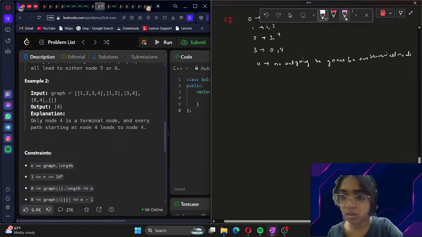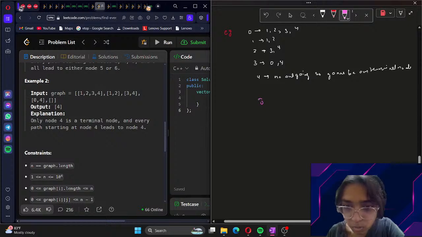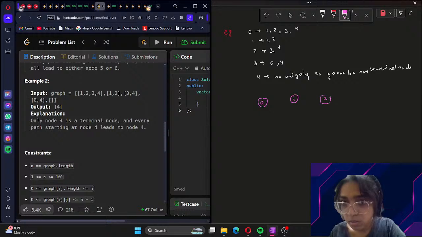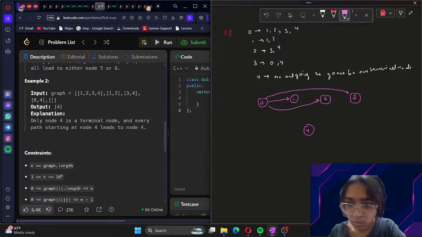Okay, let us draw a graph for this. Node 0, node 1, node 2, node 3, and node 4. 0 can go to 1, can go to 2, can go to 3, can go to 4. 1 has an edge to 2, 1 has an edge to itself. 2 has an edge to 3, and 4. Three has an edge to 4,